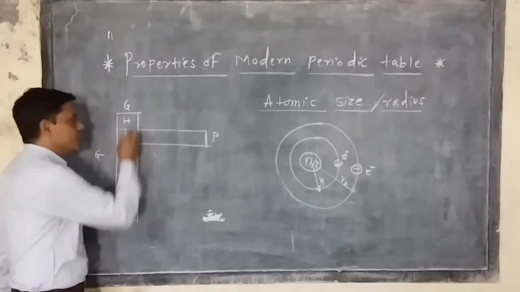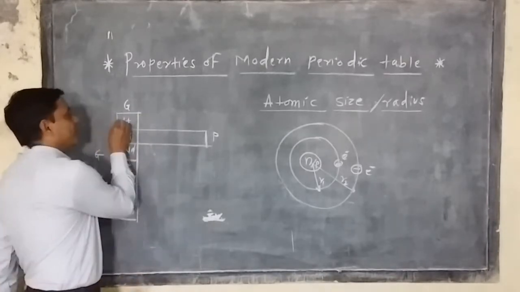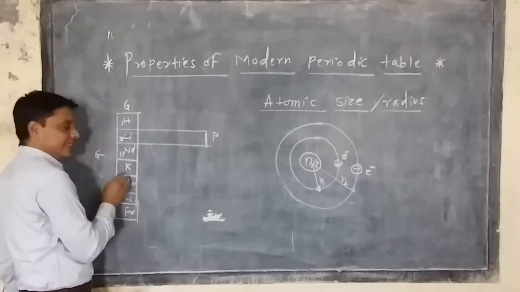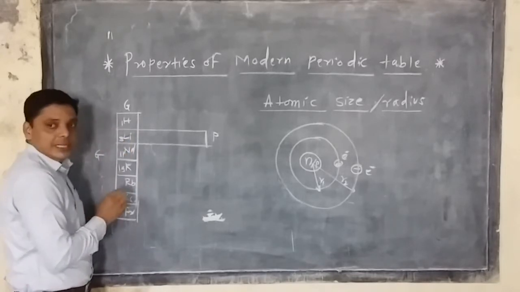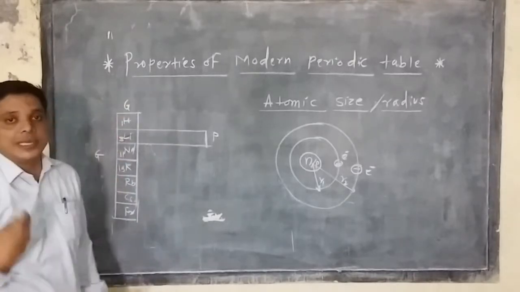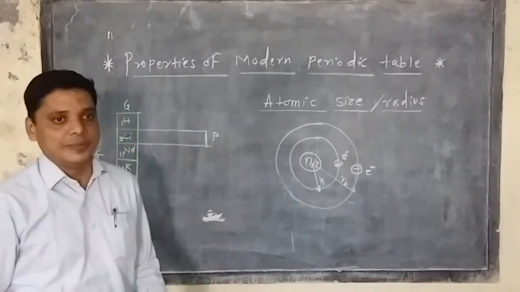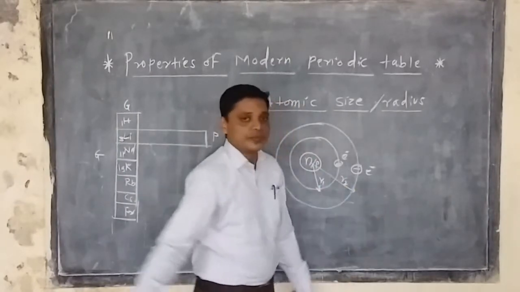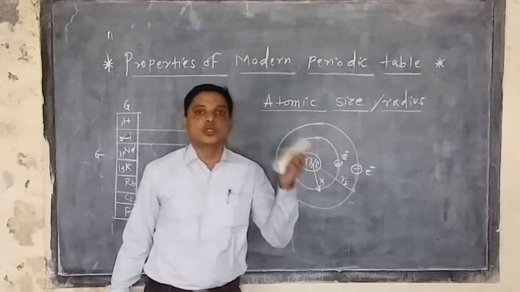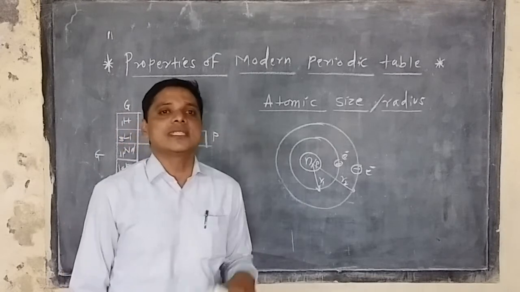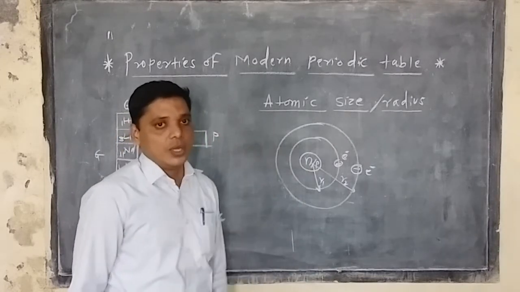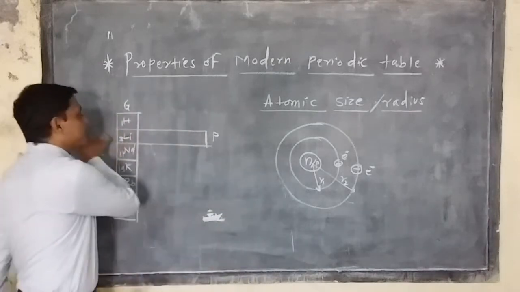So in this first group, the atomic numbers are 1, then 3, then 11, then 19. The atomic number increases shell by shell, so naturally the atomic size also increases. So from top to bottom, atomic size increases with increasing atomic number. On the contrary, along a period,